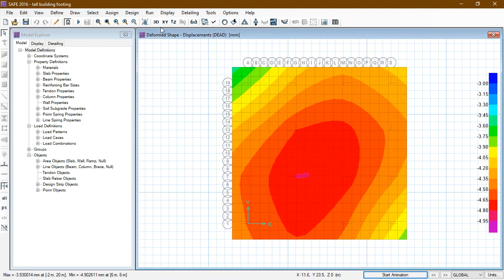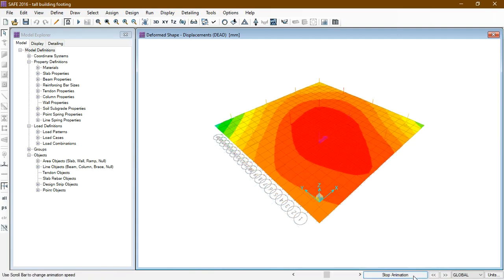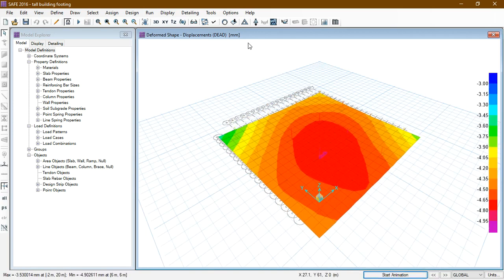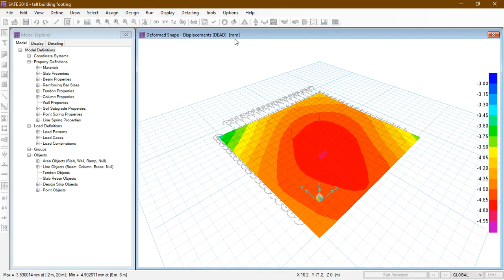Stop. We can also see in 3D view. And again start animation. Now next we again go to run analysis and design.